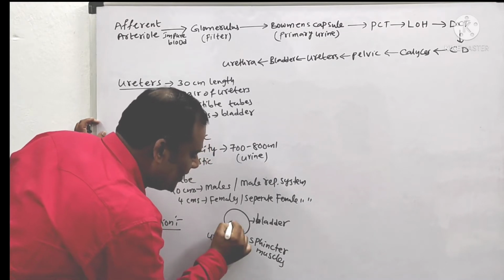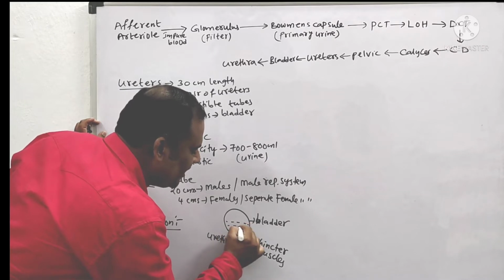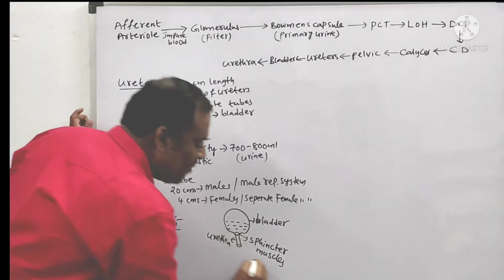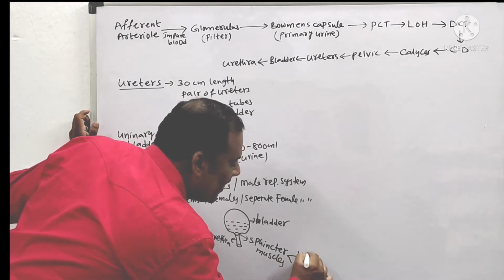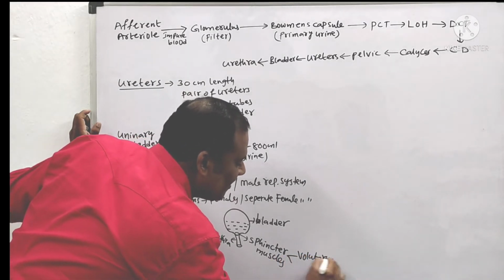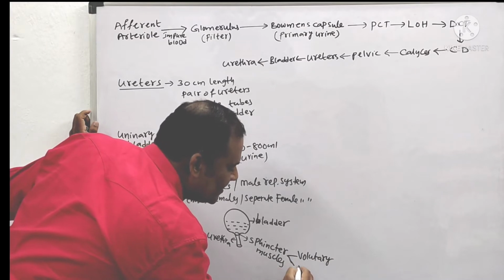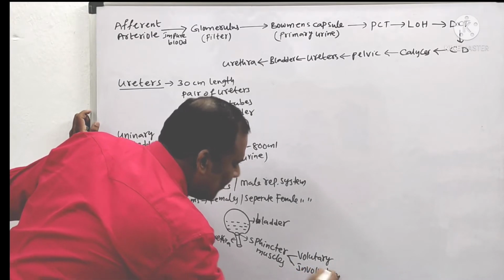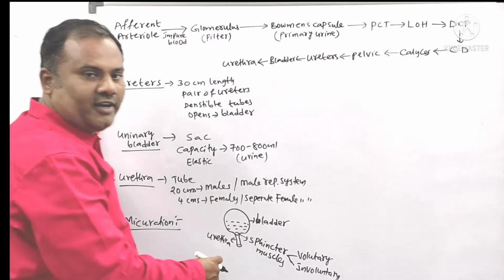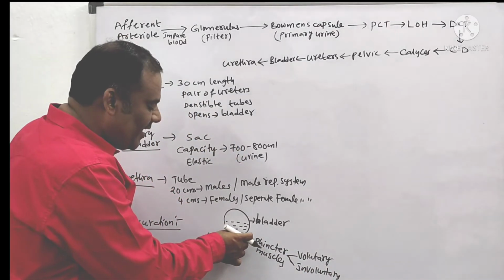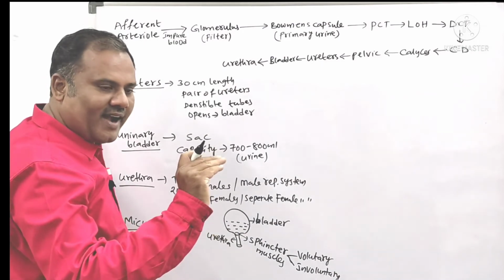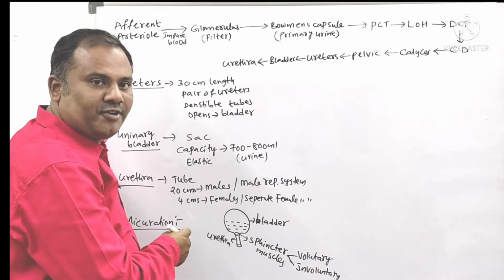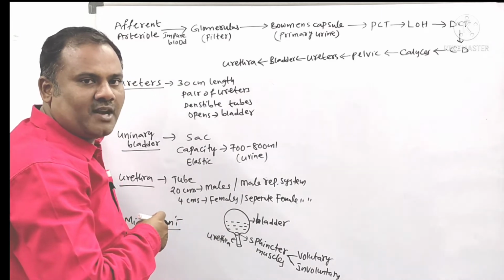Whenever the urine is filled, for example, say 300 ml of urine is filled, there are two sphincter muscles. Among these two muscles, one is the voluntary sphincter muscle, which is under our control, and the second one is the involuntary sphincter muscle, which is not under our control. When 300 ml of urine is filled, the involuntary muscle contracts and opens. But even then, we can stop the passing of urine with the help of the voluntary sphincter muscle.